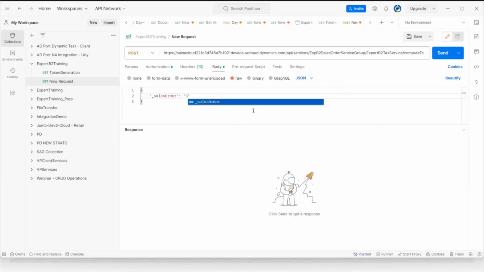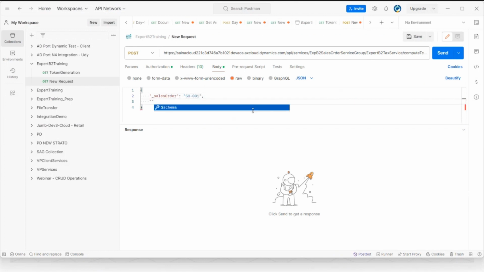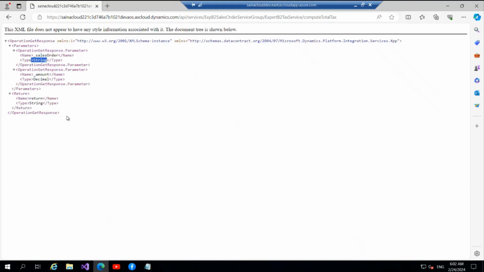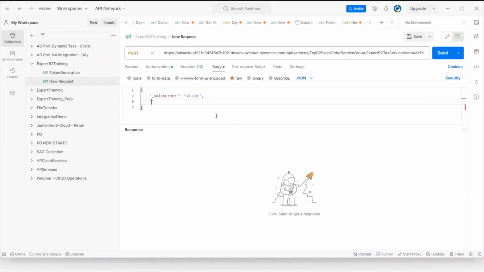Let me call this SO001. Then put a comma. Then I have the second input that has to be given, the amount, which needs to be in decimal format. So I'll give underscore amount, which is going to be 345.50. So to input, I give it by using the authentication token, save it,